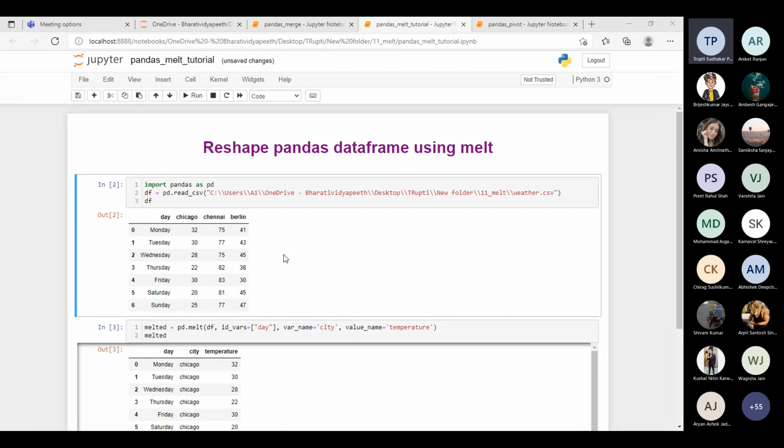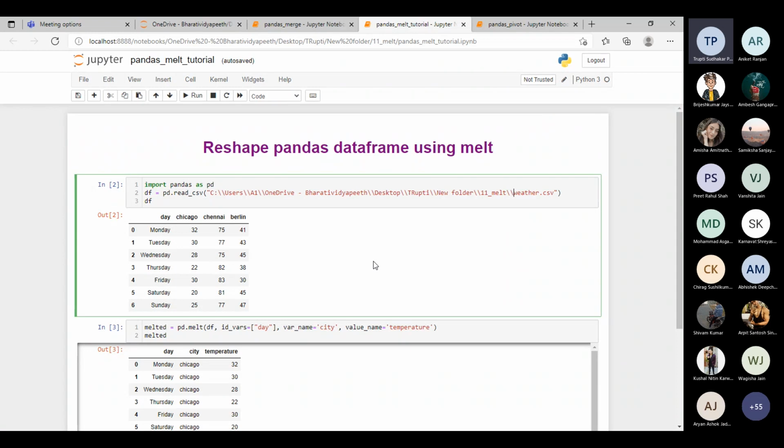We can unpivot a data frame, okay, and we can convert wide format to long format with the help of this melt function. Melt is useful for reshaping a data frame format from one or more columns. We can have identifying variables, measure variables, and input row axis and column axis identification. So this is what we have in the melt function, okay. In the melt function I am going to show you the Python program.